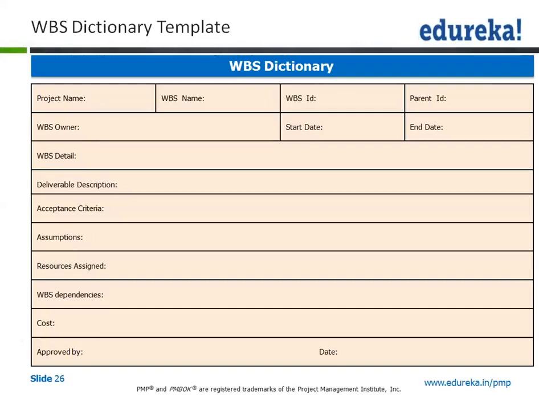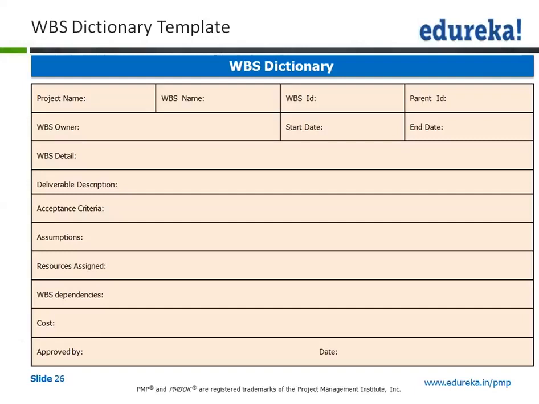So what this mainly covers is the detailing of the work, what we mentioned in the sample example 1 of the WBS. If you look back, the sample example 1 very clearly had the detailing on 1.1, 1.2, 1.3. That is called the WBS ID.